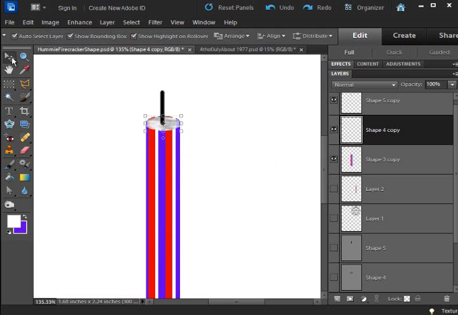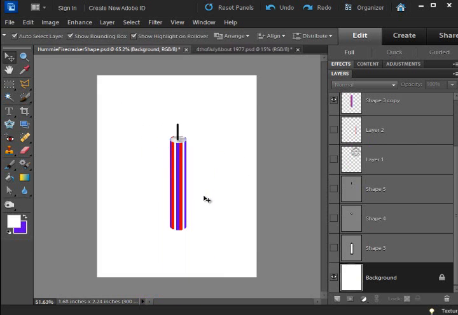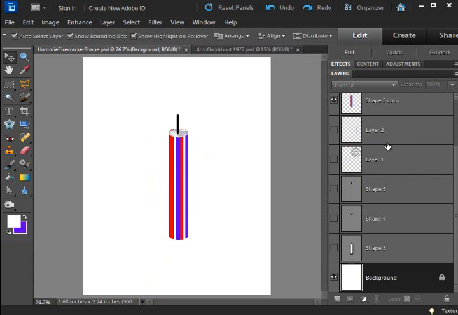If you wanted, you could move this up so it didn't show that. I kind of liked it showing it. And the wick, I didn't do anything to. But you can do whatever you want to this. If you want to do some